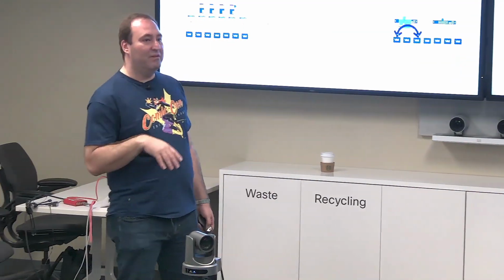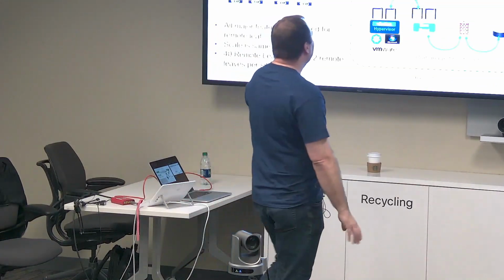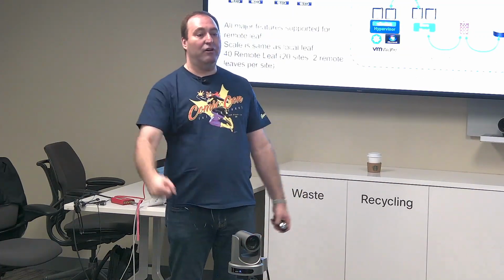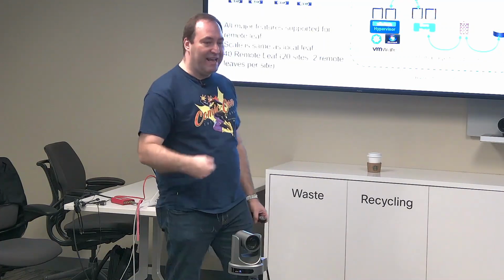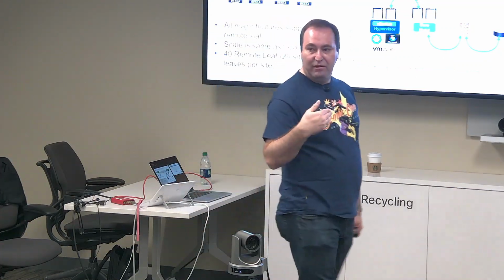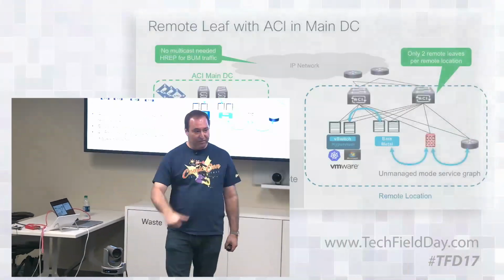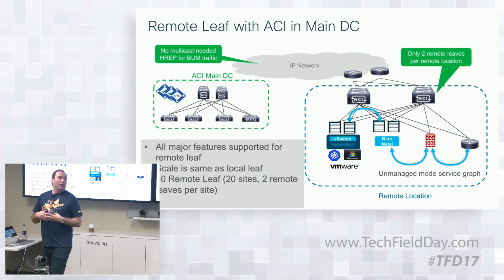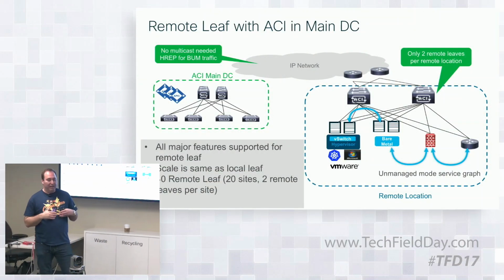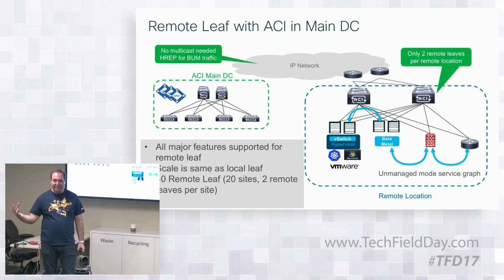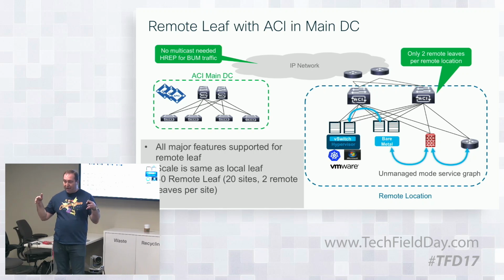A little bit more information: just like they were physically connected, we pretty much get all the same capabilities that we would have on connected leaves, on these remote leaves. You can connect an L3Out to it. That's the in and out traffic for the data center, so you can go in and out of that specific pair of leaves. You can do service insertion. You can do vPCs. You can connect FEXes to them. Pretty much anything you can do in a regular set of leaves that are connected to your fabric, you can do here.